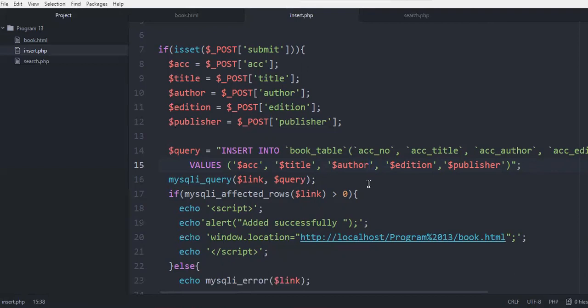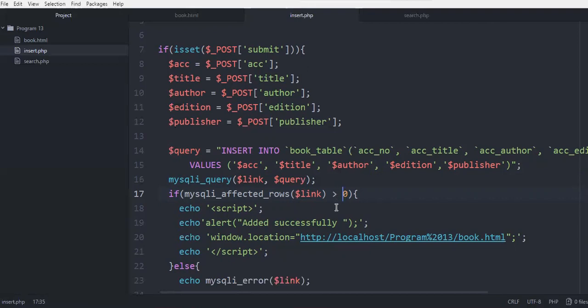The rows are going to increase. So if the row increases, it means that the addition has happened successfully. If the row increases, it is going to be greater than 0, right? Whether I perform one insert operation or two insert operations, those many rows are going to be inserted. So the value is definitely not equal to 0. It is greater than 0. So if the rows are affected, it means the values have been inserted properly.